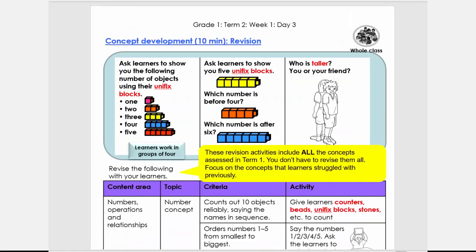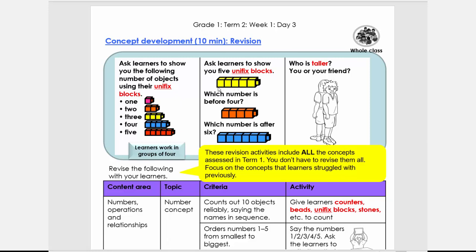Okay, welcome back. So what we're going to do today is we're going to make use of Unifix blocks. So these blocks click into each other. If you don't have these, I recommend that you do it on a representative level where you make a little drawing. So we're just going to look at the blocks 1, 2, 3, 4, 5. And then you can also just draw some squares, but make sure they touch